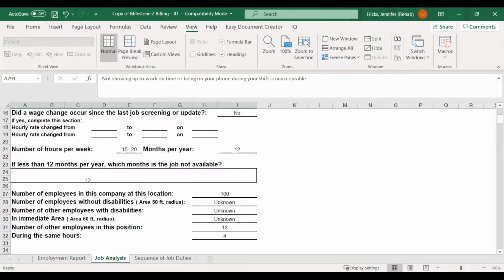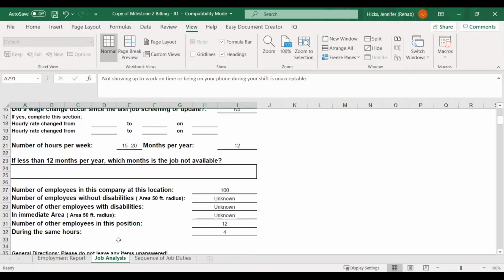The next section is just some of the demographics of the company. So what's the number of employees in the company, the number of employees without disabilities, number of other employees with disabilities in the immediate area, number of other employees in this position, and during the same hours.